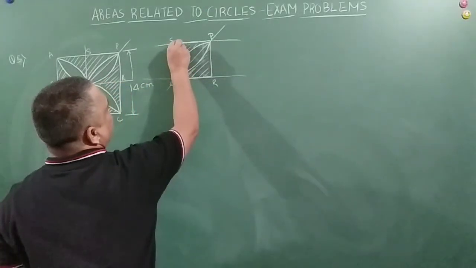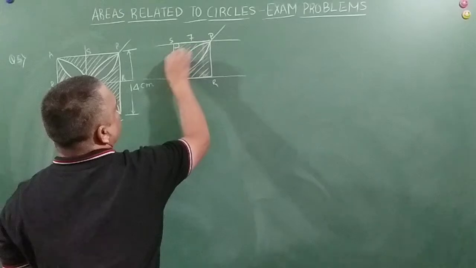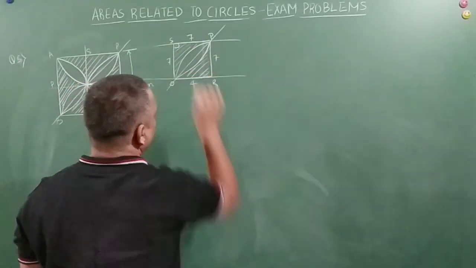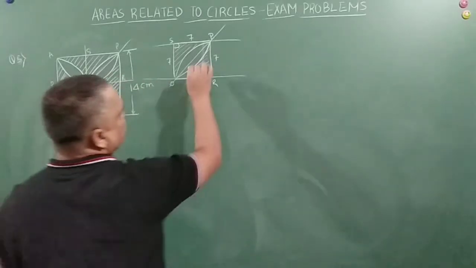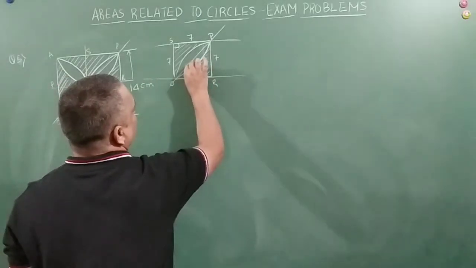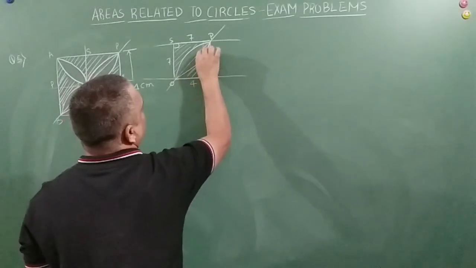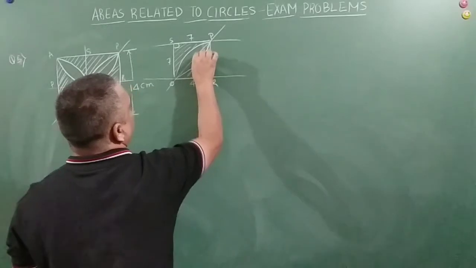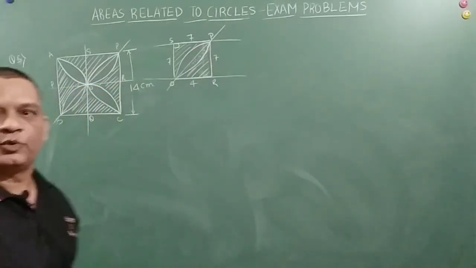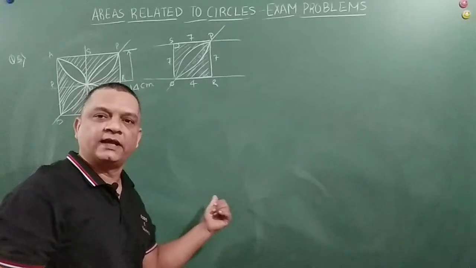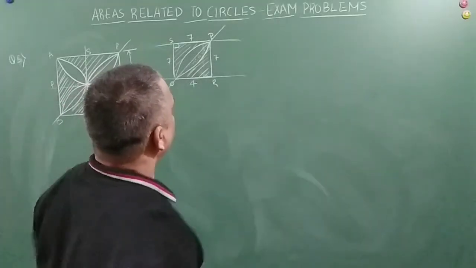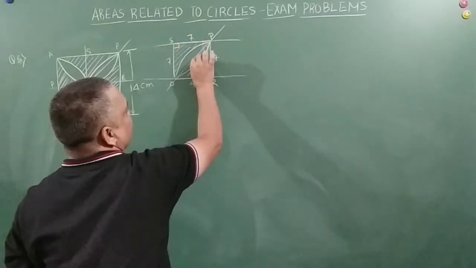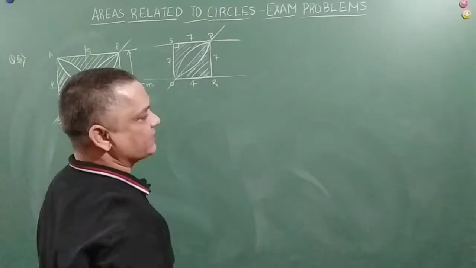This will be 90 degrees, right? And this is 7, of course. You will understand because this is 14, so this will be 7. All sides will be 7, right? Now, remember the last problem of your textbook is something like this. Those of you who do not remember can refer to the textbook last problem, exercise 12.3, right? So how did we find out? We found the area of this sector minus the area of this triangle will give me this, and similarly vice versa.